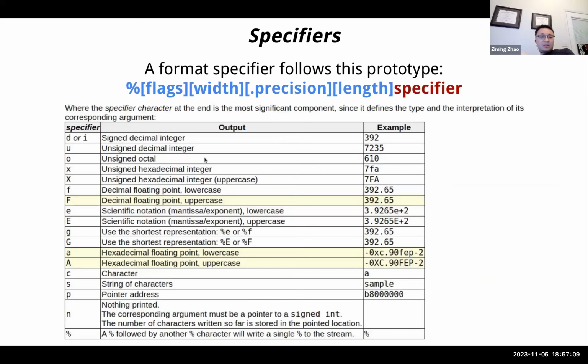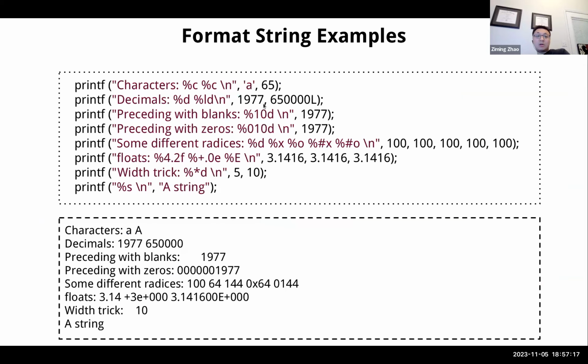Thank you. So you can see that %c here is to print out a character, okay? So here, the first character we want to print out is a lowercase a. When we use a single quote and lowercase a here, what is actually pushed onto the stack is obviously the ASCII value of that, right? For the second character we want to print, we just gave the ASCII value of that character. In this case, it's an uppercase A. So